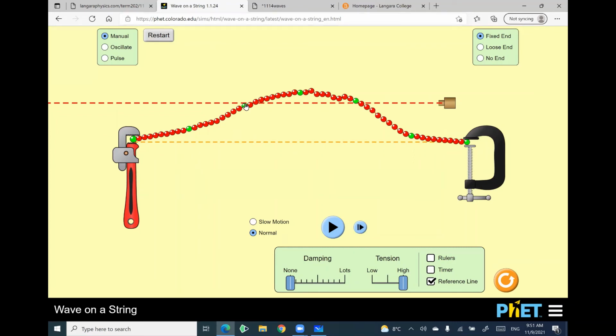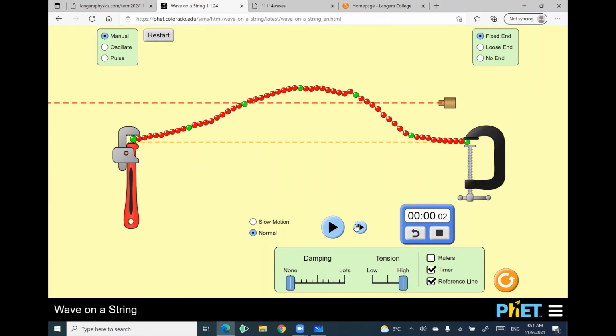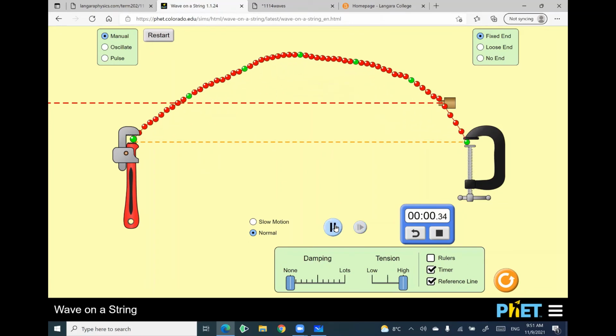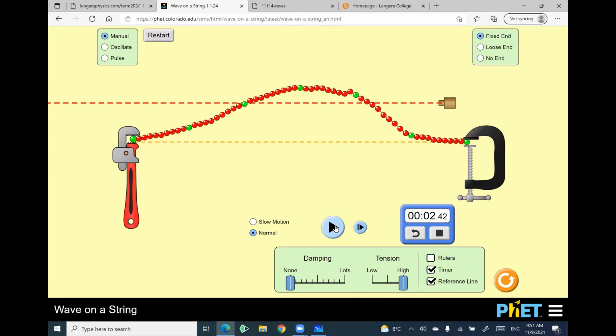So the green dot is touching this line, and you start the timer, and now you count 5 periods. So now let it play. And when you come back here, this is about 1 period,